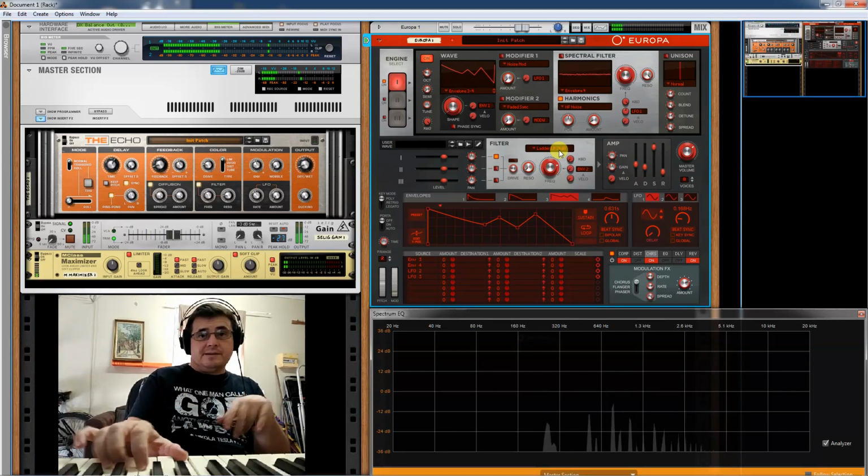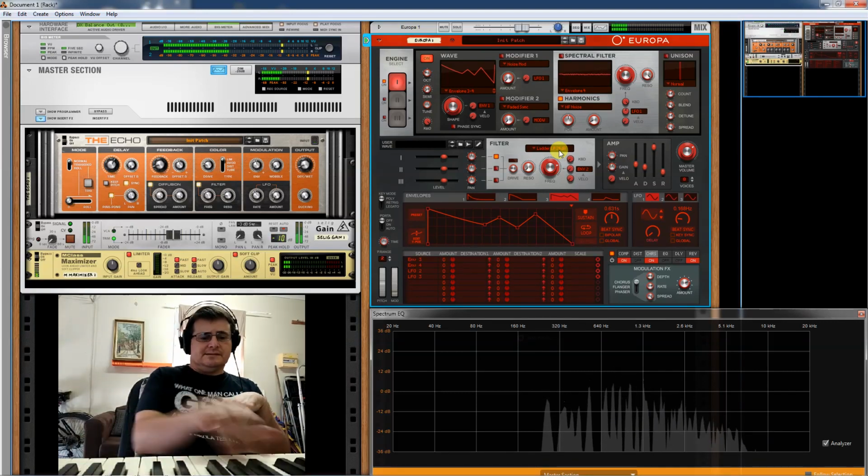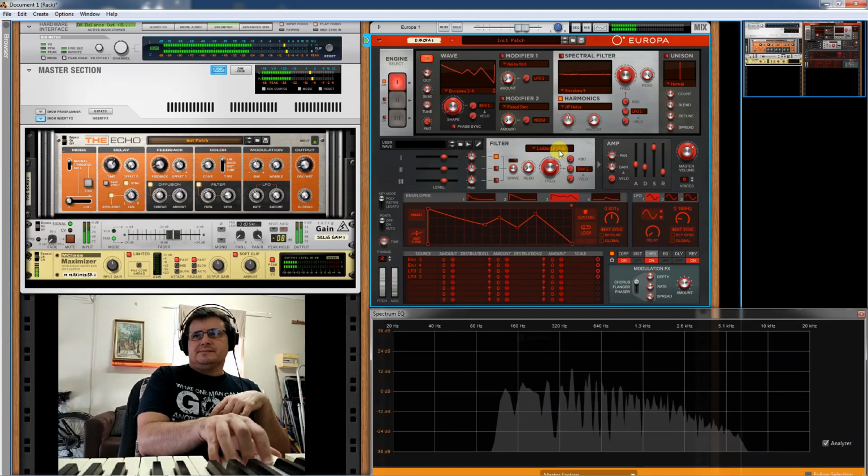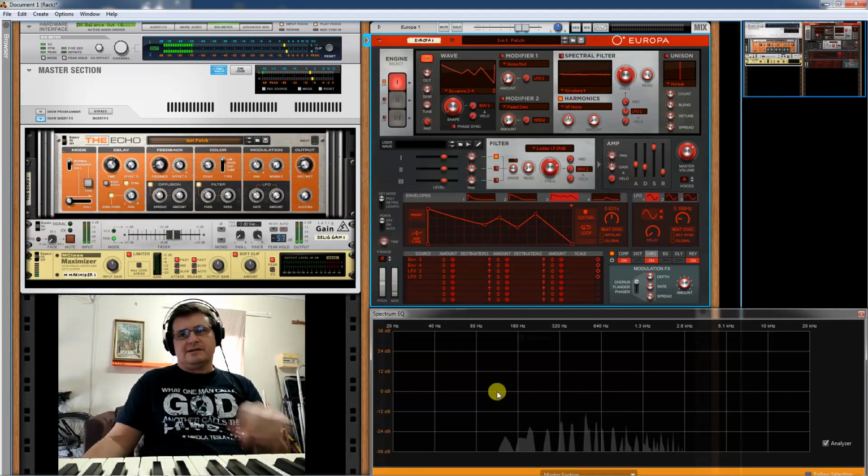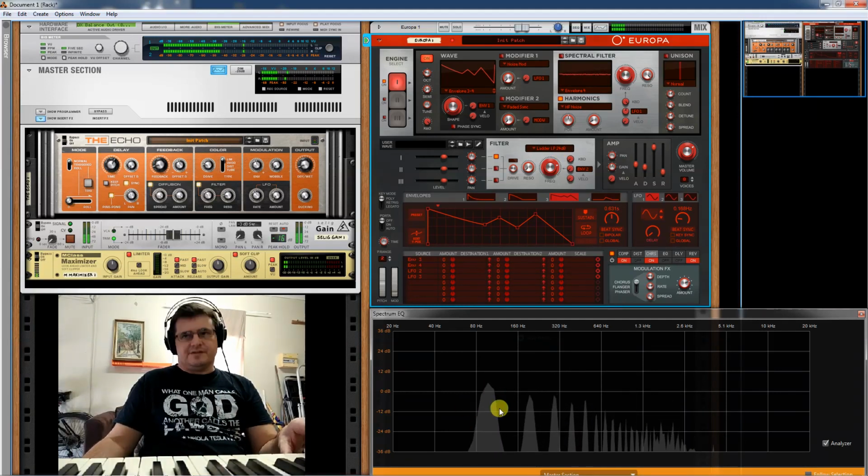Sound that can sit beautifully in a mix. And because it's cutting off some of that harmonic, or the fundamental, gives a little bit more of a string